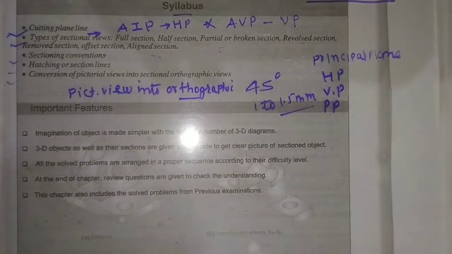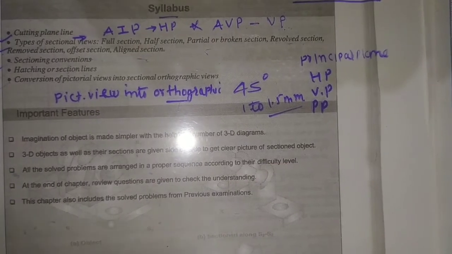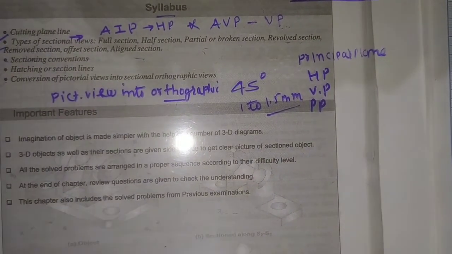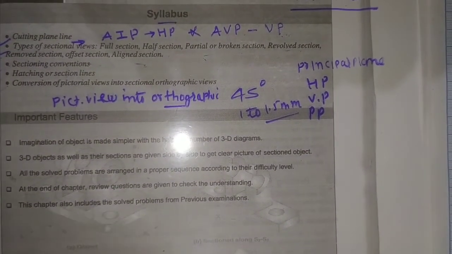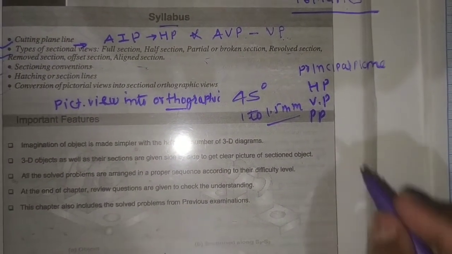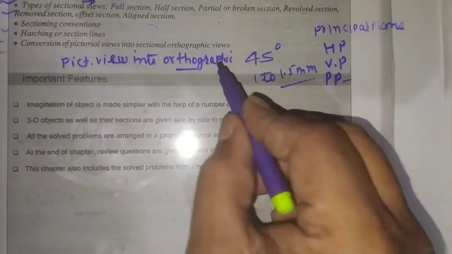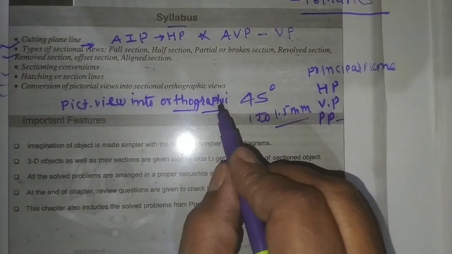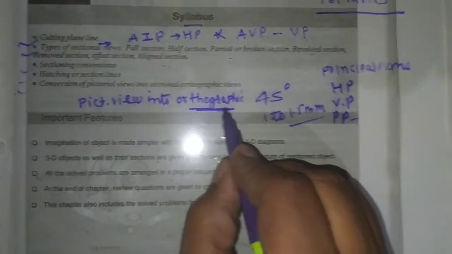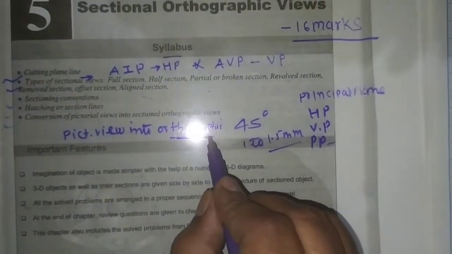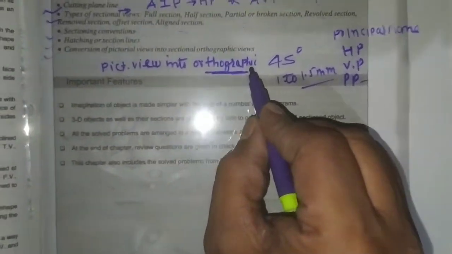that is front view, top view. If the cutting section plane is parallel to VP, then we observe the sectional front view. If the cutting plane is parallel to HP, then we observe the sectional top view. And if the cutting plane is parallel to PP, we observe the sectional side view, which we will study later on. One problem they will give, you have already studied the orthographic views, the same views you have to draw here. Only the changes are simple and very easy. You already practiced it. You just look at it and follow the rules.